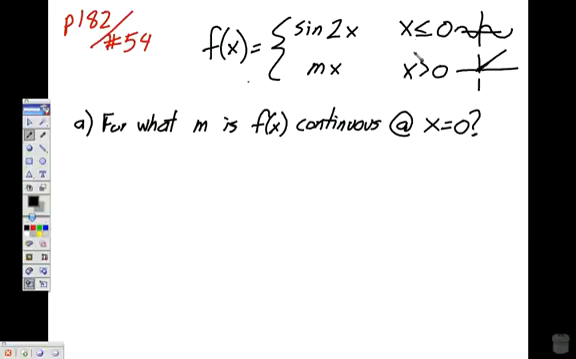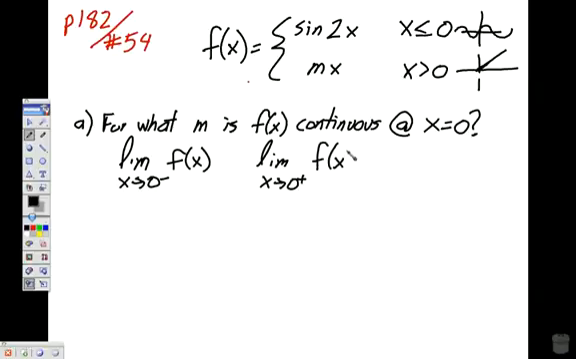In order for it to be continuous at the place where we switch, remember the definition of continuity is that the limit as we approach, in this case x equals 0, whatever x value we're looking at, as we approach from the left, and the limit as we approach from the right have to be equal to each other, and they have to be equal to the actual function